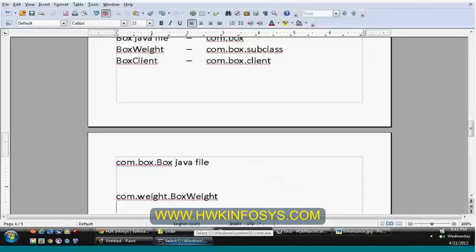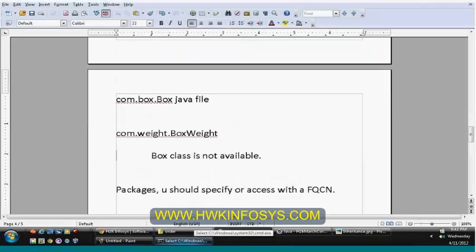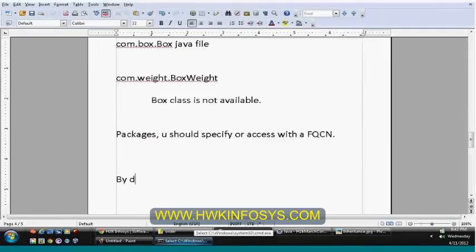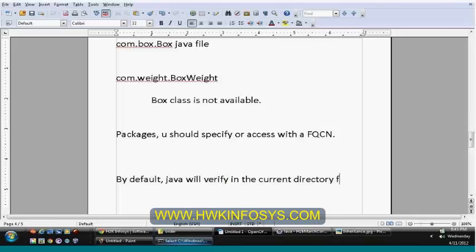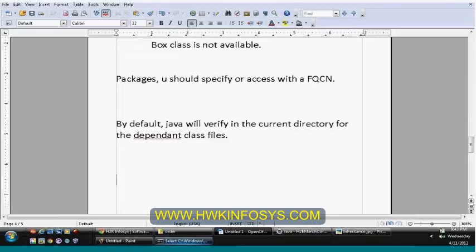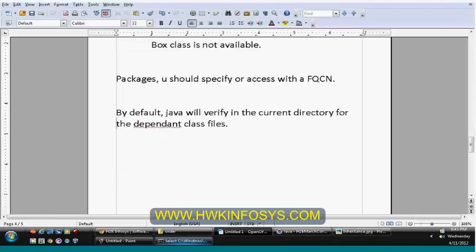By default, Java will verify in the current directory for the dependent class files. That's how until now it has worked.